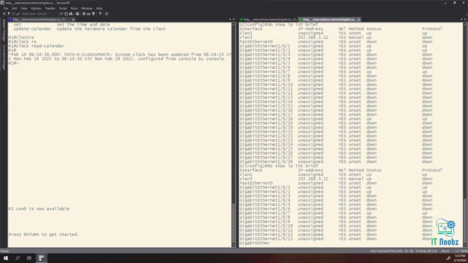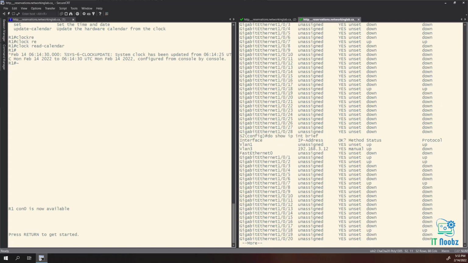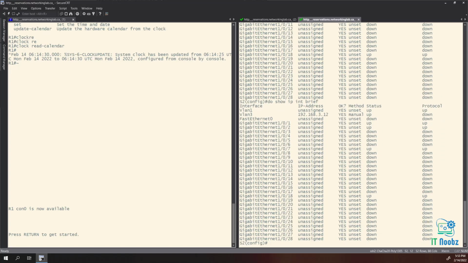Is there only the 18? There's no extra ports on there, is there? 28. Cool. So what we can do is we can do our interface range. So interface range G1/0/2